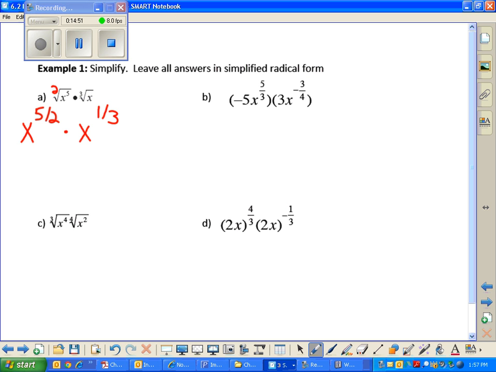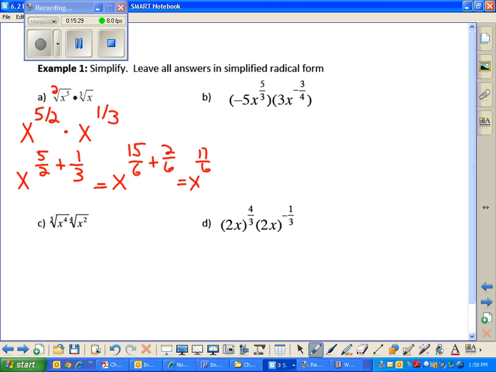So now I have like bases multiplied together. Can anybody tell me what I'm allowed to do with the 5/2 and the 1/3, Noah? You do. But you need a common denominator, well said. The common denominator would be 6. So if I turn 5/2 into a denominator that has 6, I'm multiplying that denominator by 3, which means I need to multiply the numerator by 3. And then 1/3 with a denominator of 6 is just 2/6. So you get